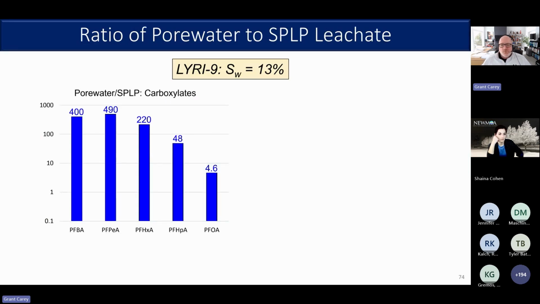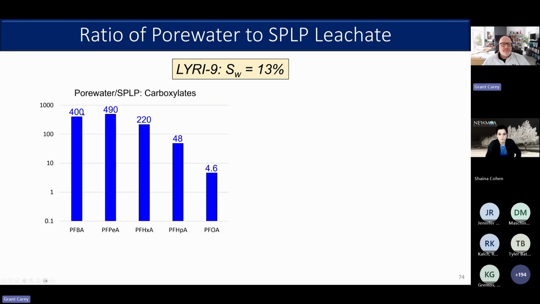So what's interesting here is we looked at the RI lysimeter, lysimeter 9, the SW, and we had available gravimetric moisture contents. If you're getting soil samples sent to a lab, the lab is measuring gravimetric moisture contents. You can actually use that to calculate the water saturation. There's an equation we go through, it's in one of our papers. Really helpful information if you're trying to evaluate what's happening for retardation factors, for example. So if you have soil samples analyzed in a lab, you have that moisture content data you can use to